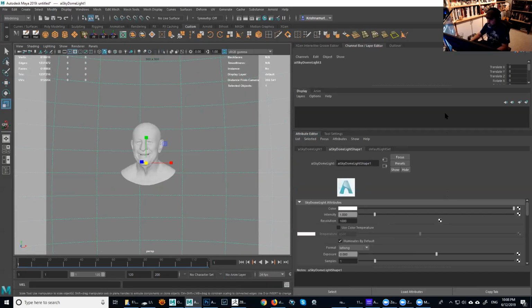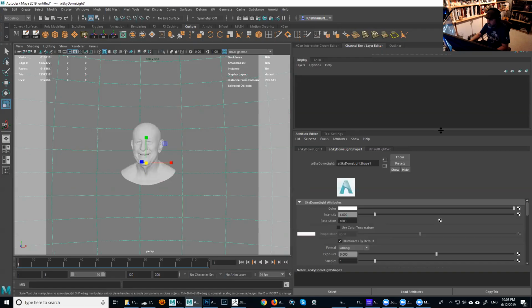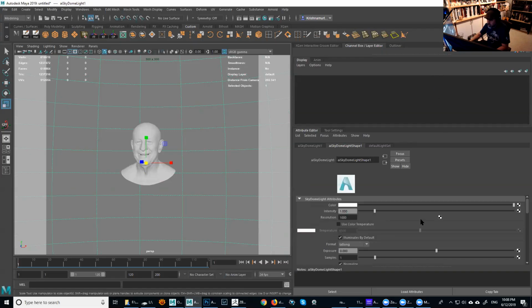So the first thing you're gonna do, now we have the lights selected, we're gonna assign an HDRI map. But before we do that, let's just explore the options here by default for those lights. So by default, you have the intensity here, which is, like I said, those HDRIs from HDR Haven, they are very well calibrated, so you don't need to change the intensity. Let's keep it 1.